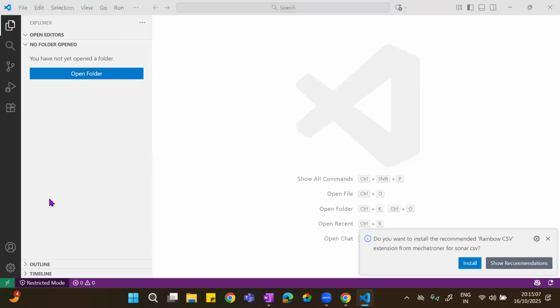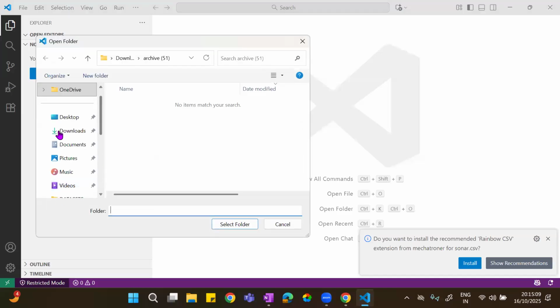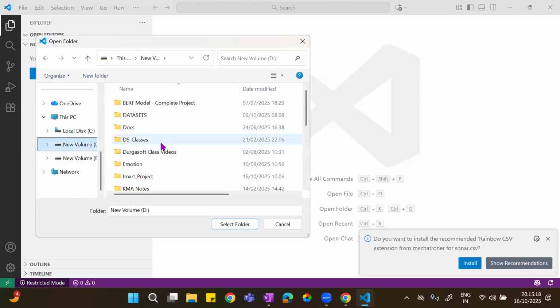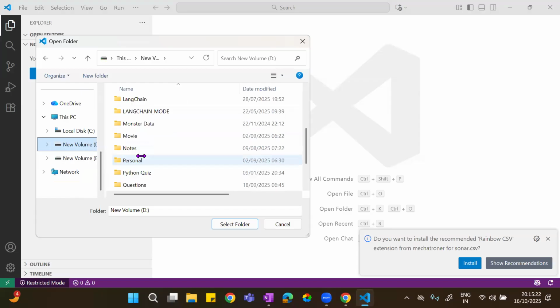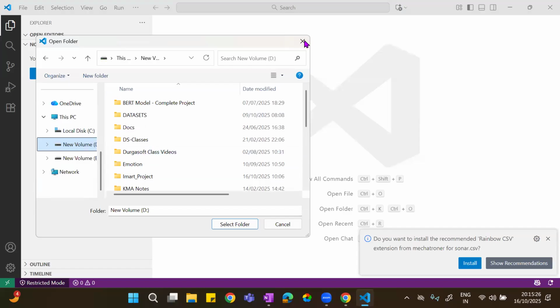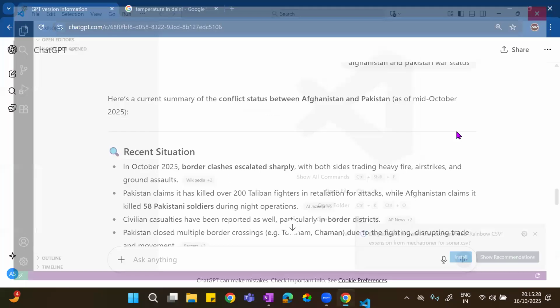Now I'm going with some folder. I'm not going to configure and install all those things. Let's go with this one, guys, to avoid the complexity.